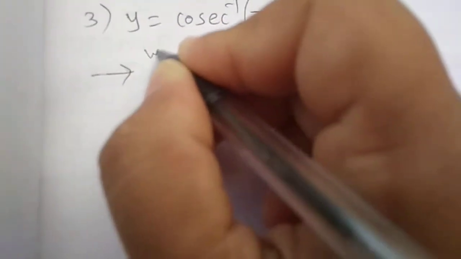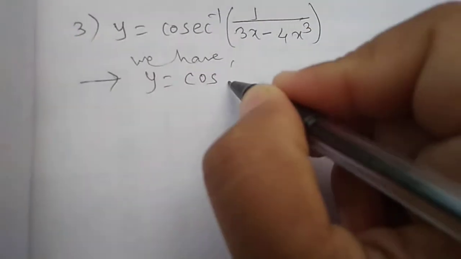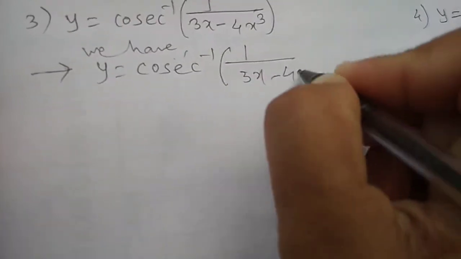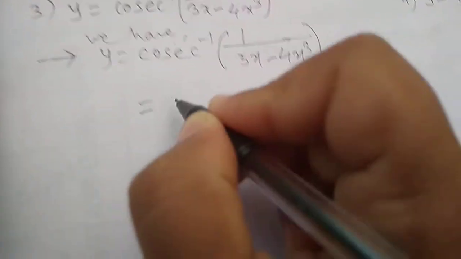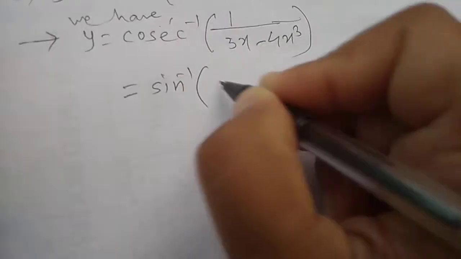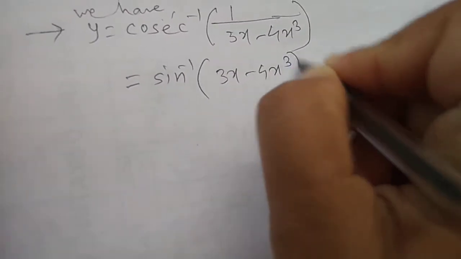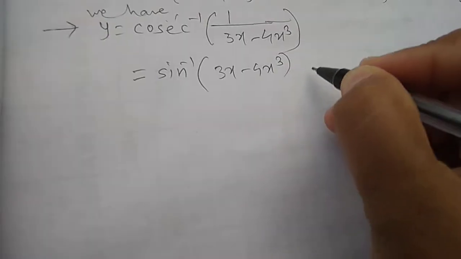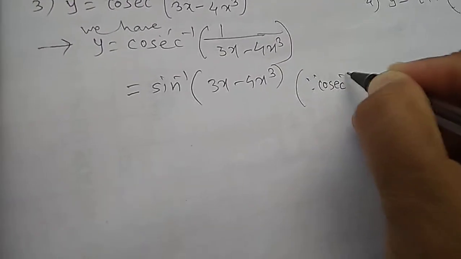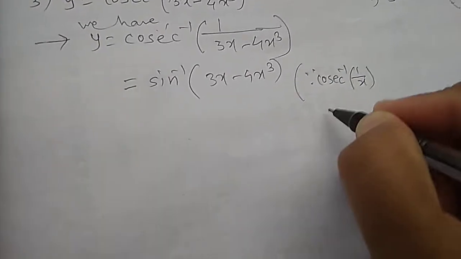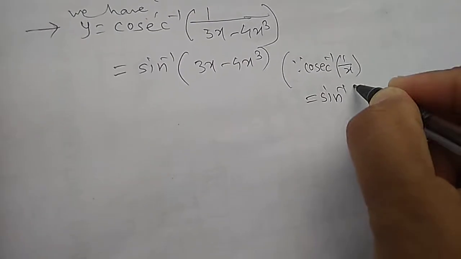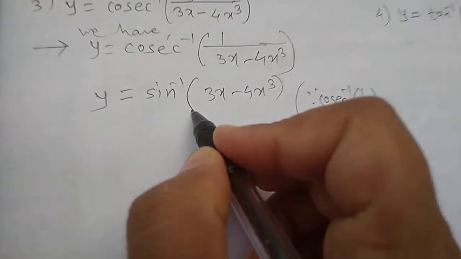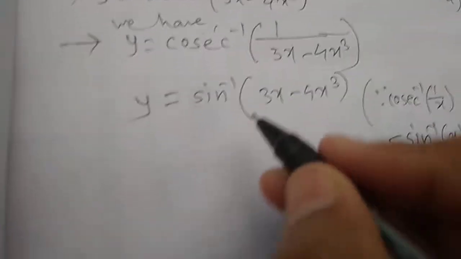We have y is equal to cosec inverse of 1 upon 3x minus 4x cube. It means sine inverse of 3x minus 4x cube by using the formula, that is cosec inverse of 1 upon x is sine inverse of x. So here sine inverse of 3x minus 4x cube, so we can put here